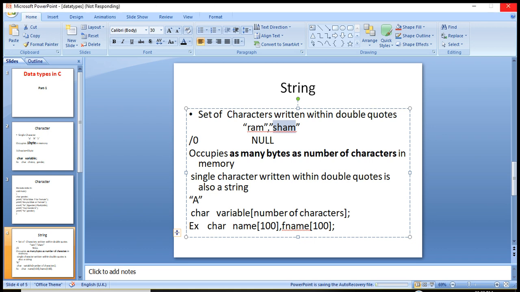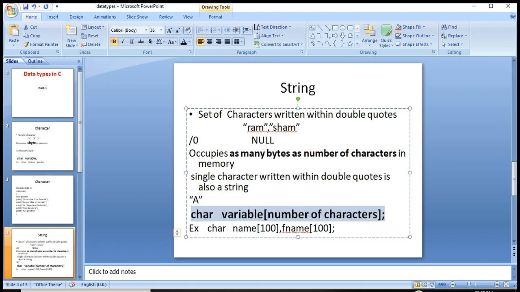Now we come to its program. #include <stdio.h>, void main. name is the string variable that will contain 100 characters, and printf.